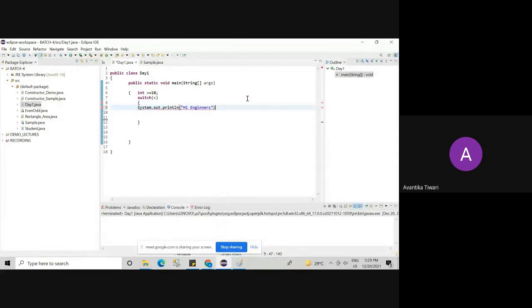Is it going to execute? I told you empty switch is valid. Now I am just printing some message inside that switch without specifying any case, without specifying any default condition. What is going to happen?